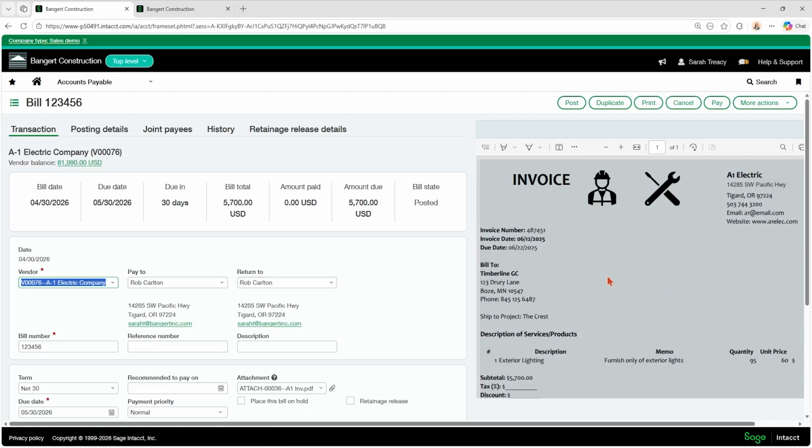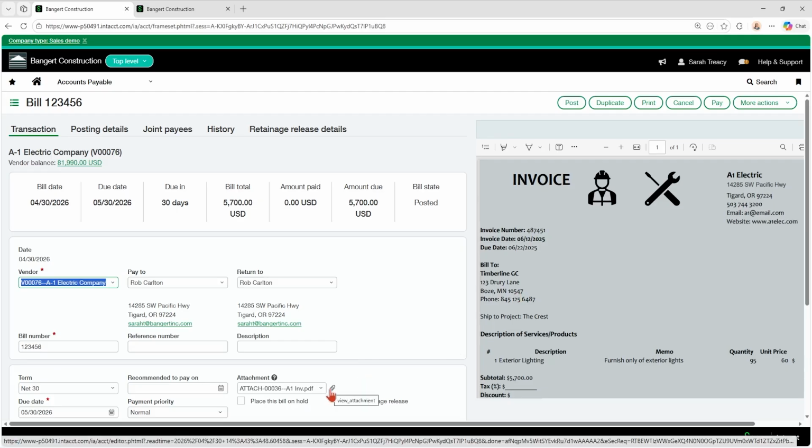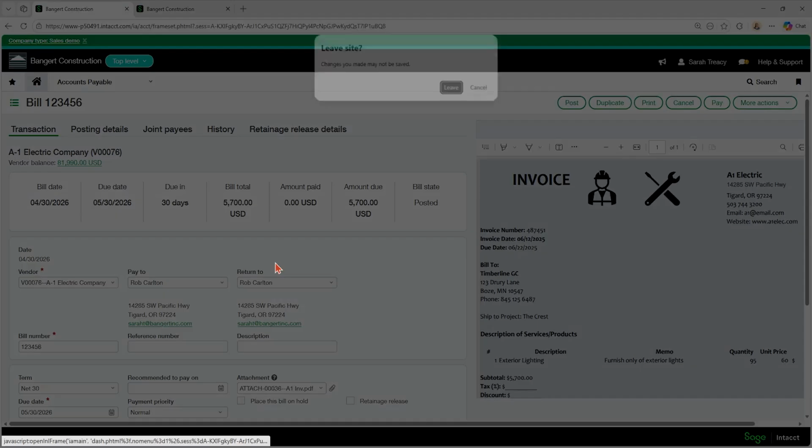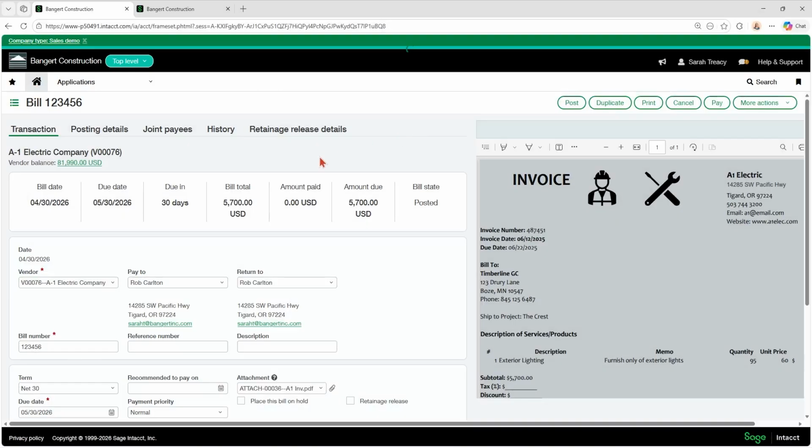So if there's no split view on at all, you click on the paper clip and it opens in a separate tab. If split view is on, when you click the paper clip, it opens within the page. And if you do the auto load option, the second little box that pops up when you enable split view, it's automatically going to show you that attachment when you click into those bills or whatever else you have attachments for. So that is how to turn on the different options for split view within Intacct.